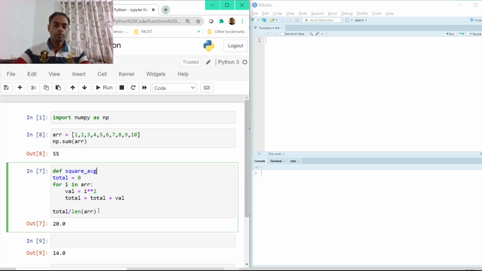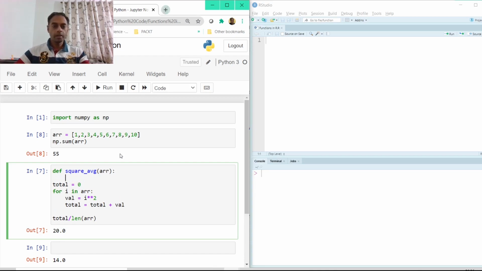Now for this function, I have to pass an argument which is nothing but the array. So I can use this parenthesis, and inside the parenthesis I pass the array here. I have to type the colon here, and just like we have for loop and while loop, we have to follow the indentation here.